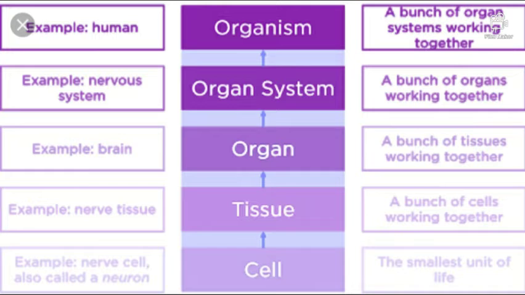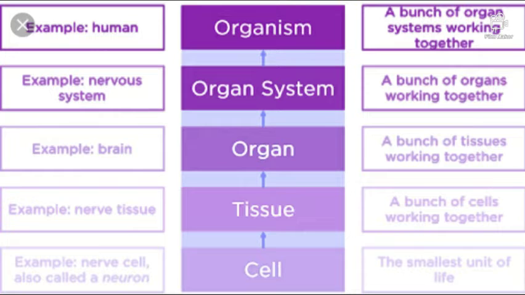Today, we are starting off with our new chapter, tissues. So, we know that there is a level of organization in multicellular organisms. First is the cell, that is the smallest unit of life. For example, we have nerve cell or muscular cell in our body. The bunch of cells that work together, they form tissues. Like we have nervous tissue in our body.